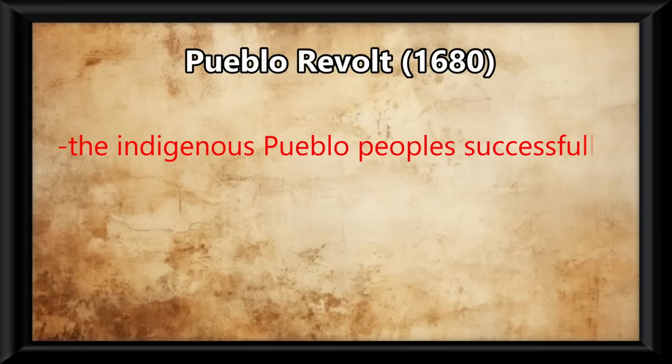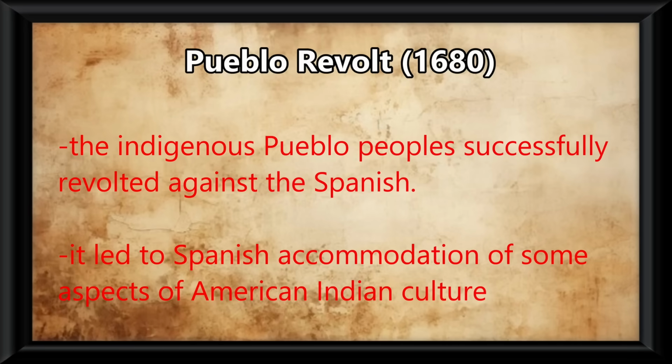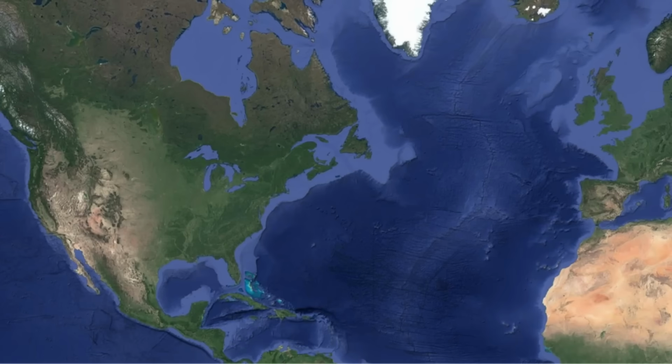colonies. Though most all Native American resistances failed, there were a few that succeeded, one of which was the Pueblo Revolt, where the indigenous Pueblo peoples successfully revolted against the Spanish. The aftermath of this was that it led to the Spanish accommodation of some aspects of American Indian culture in the Southwest. But this would end up not really mattering, as decades later the Spanish would end up taking the land